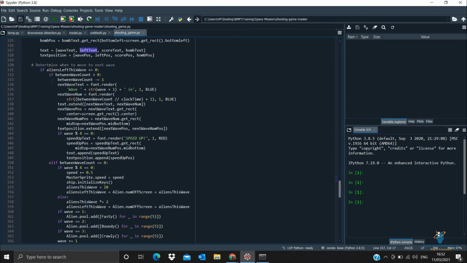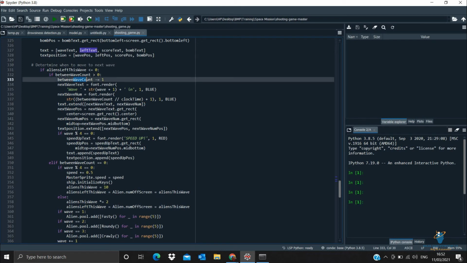Now again, first of all, if we have finished one wave, then we want our second wave to become visible after completing the first wave. So we will be defining the value for our next wave. In this, aliens left in this wave will obviously be greater than 0. If the value becomes 0, then the second wave occurs. And obviously, in between the waves, there will be some fraction of time which we will be giving as free time.